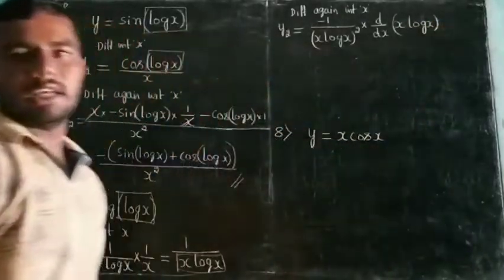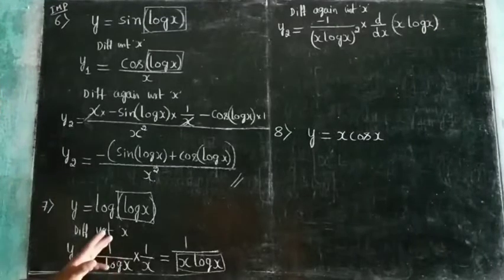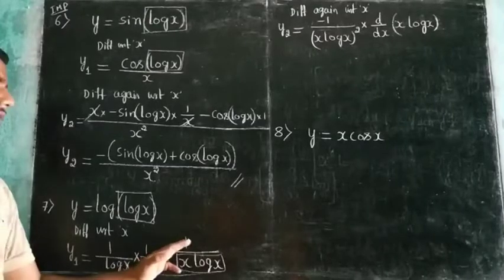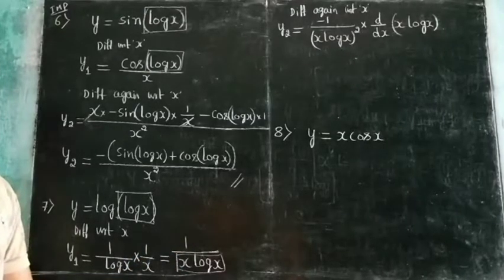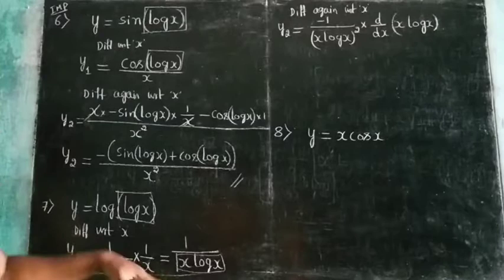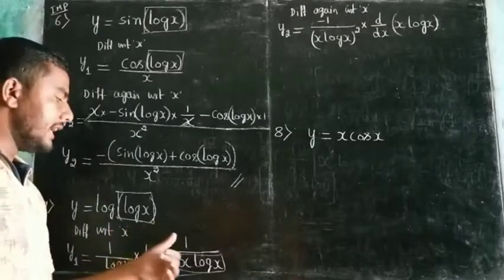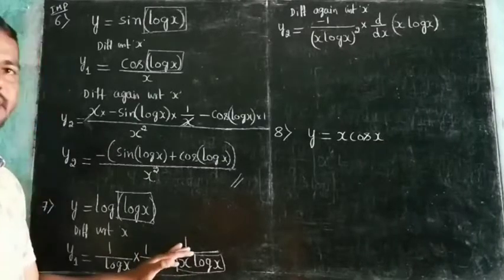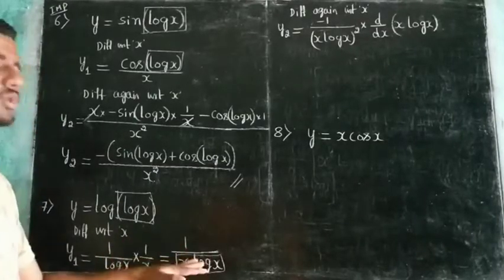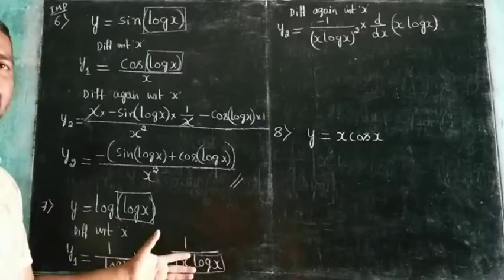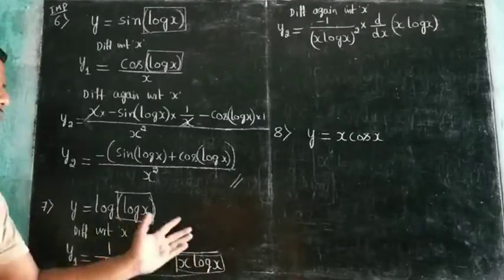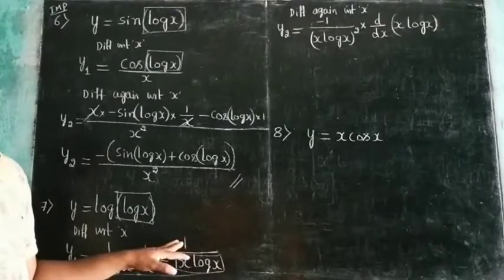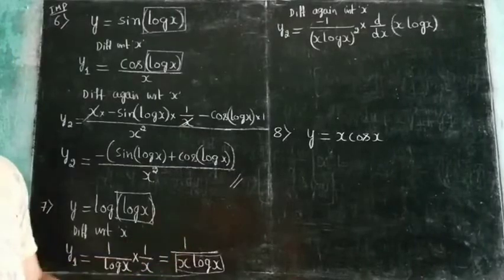If we have a 1 in the numerator, then we use 1 by dabba like that. I understood the concept. Suppose we have any constant in the numerator, then we use 1 by dabba. Suppose if 2 is there, take 2 outside and we use 1 by dabba. If 100 is there, take 100 outside and we use 1 by dabba. Suppose if there is any function in the numerator, then 1 by dabba is not applicable.